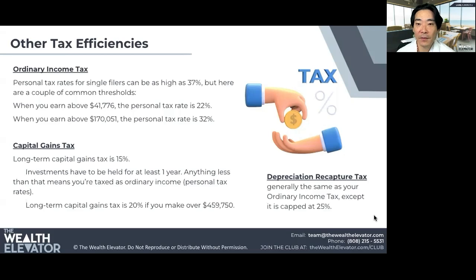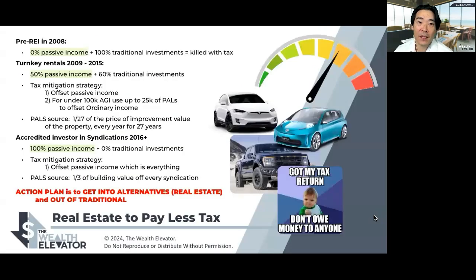And then another thing to be aware of, we talked about depreciation recapture tax. Generally, it's a little bit lower when you recapture it. So there's a little bit of a tax advantage there. This is more minor things that we'll get into in the next tax masterclass here. But I wanted to just focus on the big picture here. Again, how does this fit in my overall high level strategy?